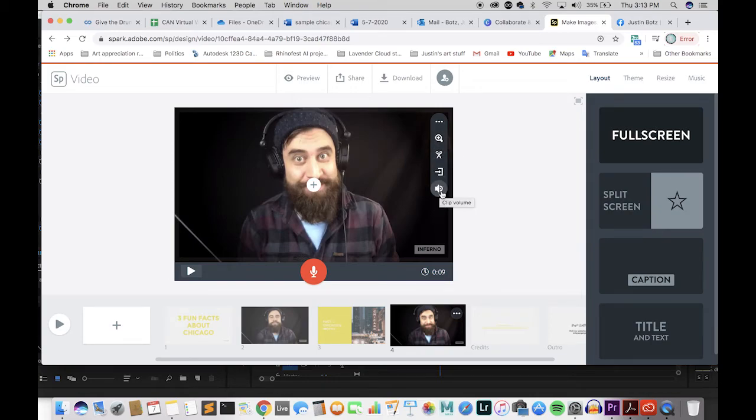I can also adjust clip volume, and this is really important. I've noticed that usually in Adobe Spark, the music that is automatically added is at a really good volume, and usually the imported video that I bring in is often a little soft, so I have a feeling I'm probably going to have to adjust this and move it from soft to loud. So just so you know, for all the videos that I'm about to upload in here, all the little segments, I am going to adjust the audio and change this setting from soft to loud, because I want to hear